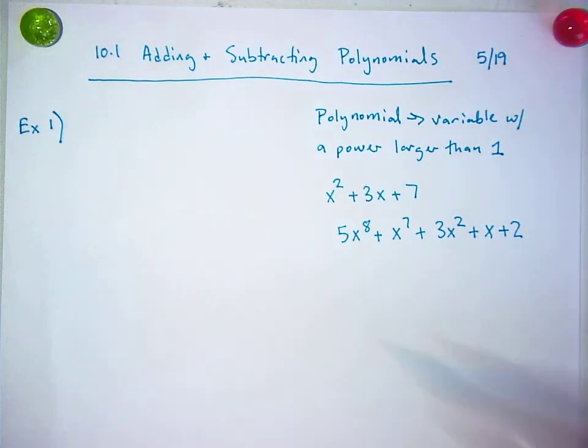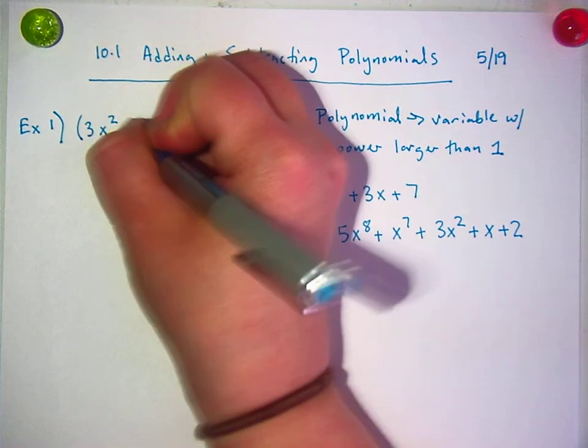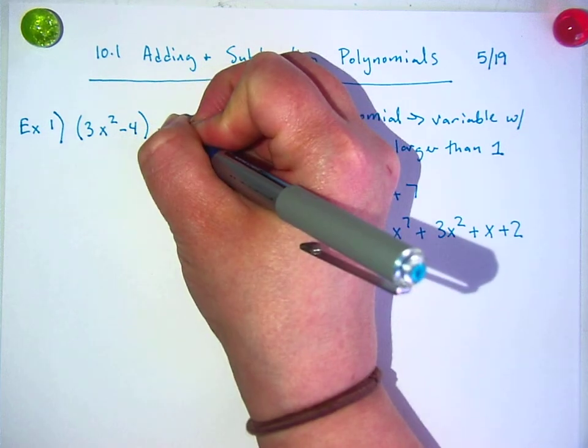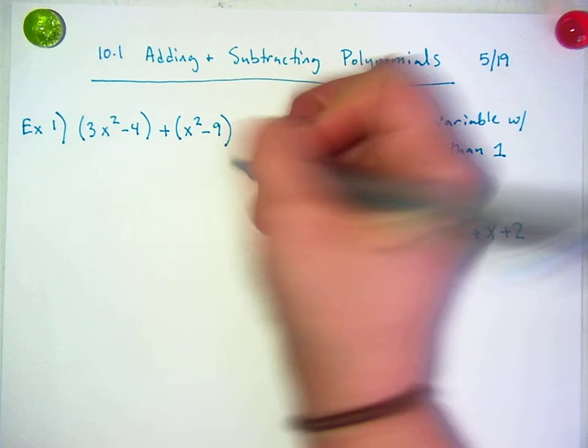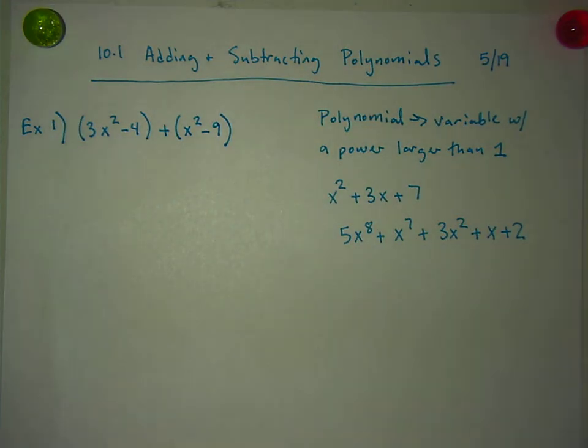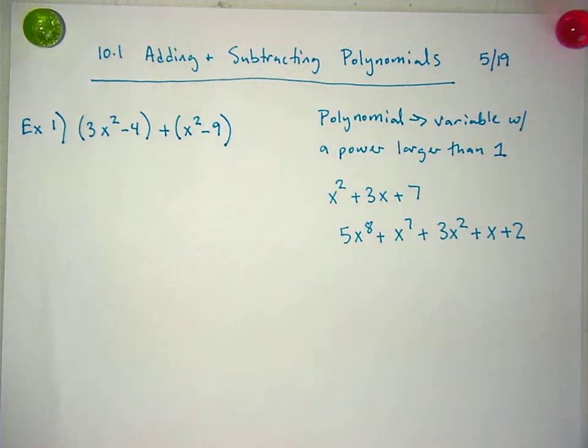All right, so for the first one, we are going to add stuff like this. 3x squared minus 4 plus x squared minus 9. Okay, we're going to put these together. So, how do you do that? Kieran. Like minus some on both sides? It's not, there's no equal sign there at all, so it's not like there's both sides. We're just kind of like